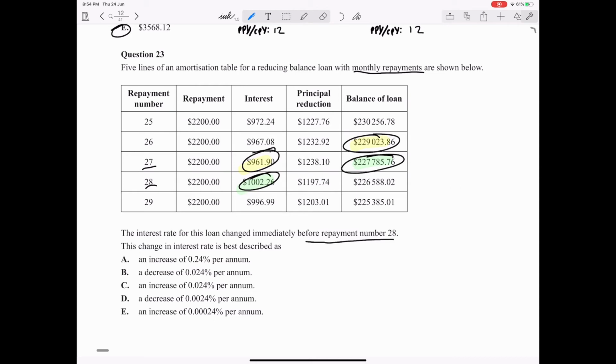To calculate the interest rate for repayment number 27, you do $961.90 divided by $229,023.86, and that's going to give you the monthly interest rate. So do keep that in mind. Times by 100 to make it a percentage. And if you do that in your calculator, you should get